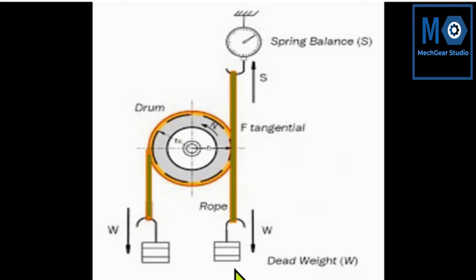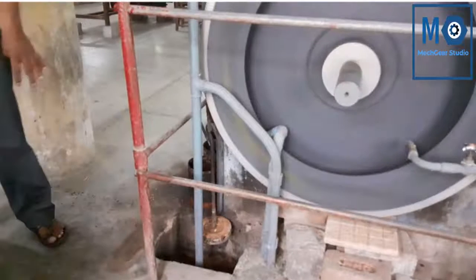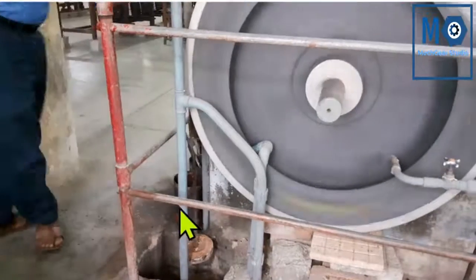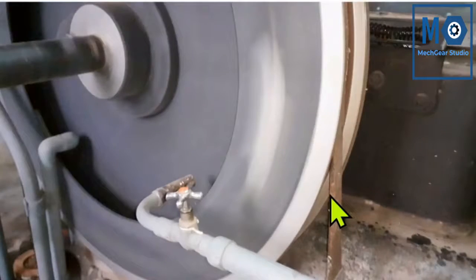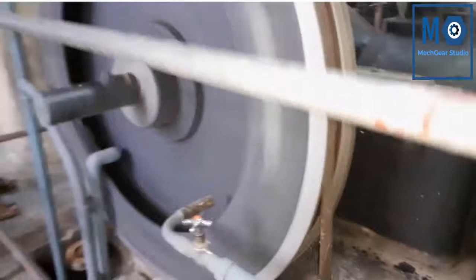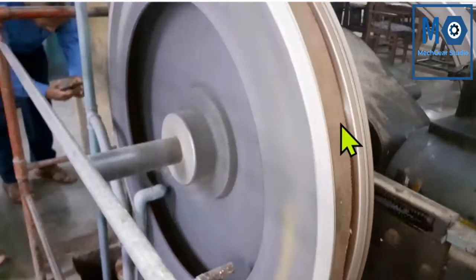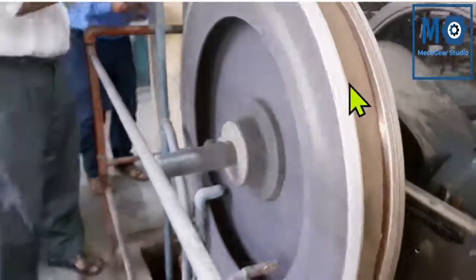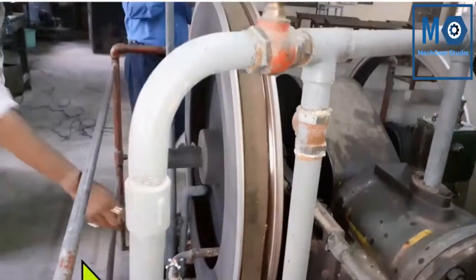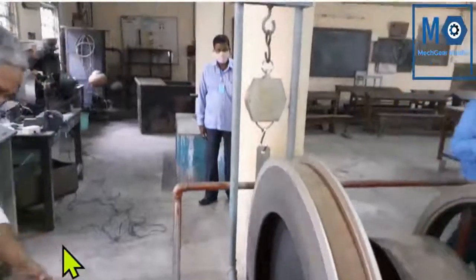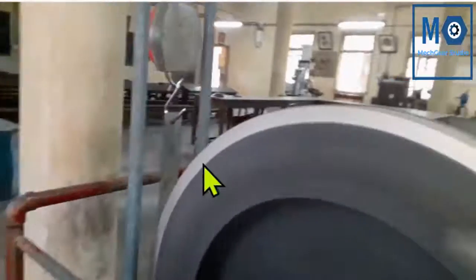You can see the arrangement of belt, mass and spring balance in our setup. This is the mass. Here mass is provided at both ends. This is the container of mass, which has some specific weight. We will add more mass on the end. And this is the belt. The belt provides braking over the flywheel, so we will measure brake power. This is the spring balance connected with a fixed part, a fixed body.